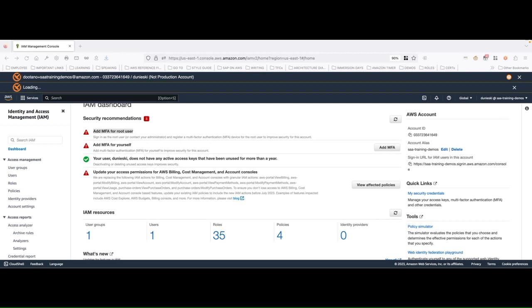Rotate credentials between 60 and 120 days. Okay, that's a strong password policy, right? So that's the best practice. Have a strong password policy. That's why you have certain policies here that you can follow,